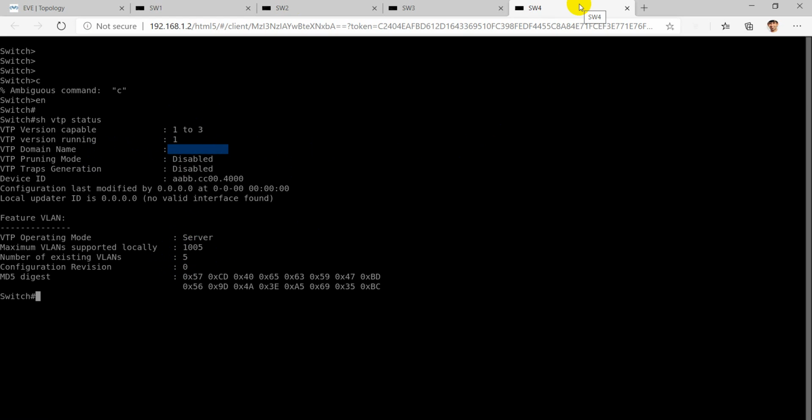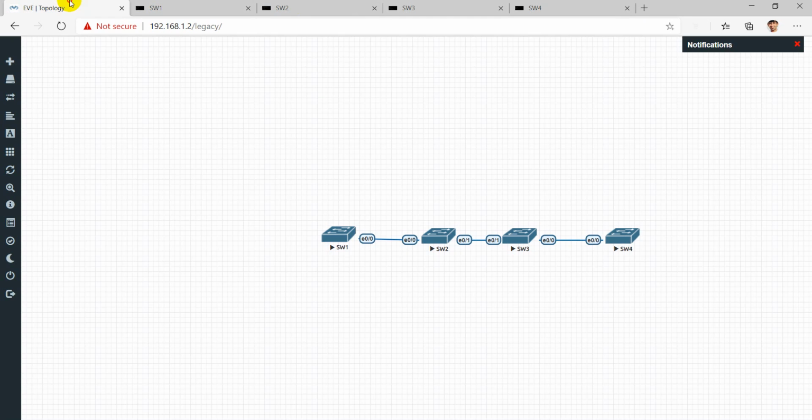Now if this attacker makes Ethernet 0/0 a trunk dot1q, you'll see that the information will be propagated from these switches to this switch.